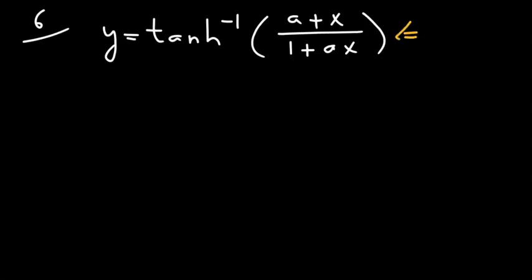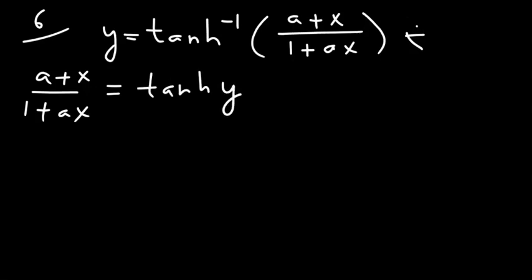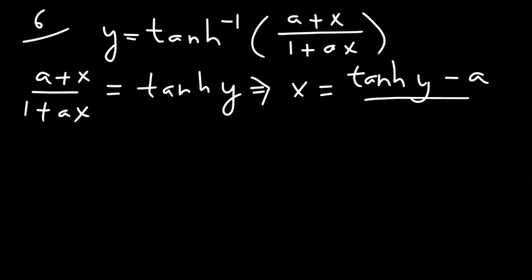How do we differentiate this function with respect to x? Now, in the argument, a is a constant. As always, step number 1 is to express x in terms of y. So to do that, we invert that equation, and it's going to be hyperbolic tangent of y. And then we express x in terms of y. After some algebra, you will get the following expression for x. x is hyperbolic tangent of y minus a over 1 minus a times hyperbolic tangent of y. From this equation, we can work out dx/dy